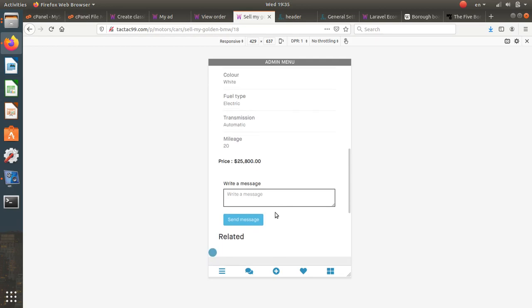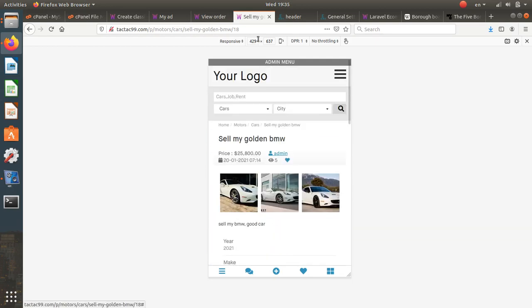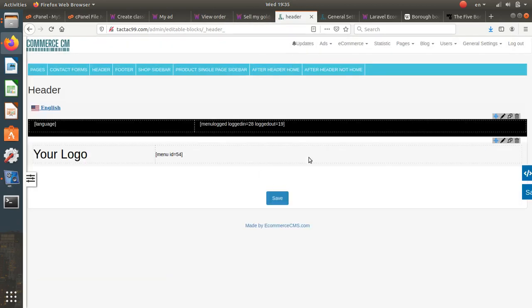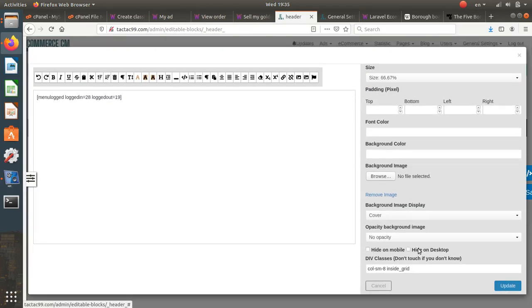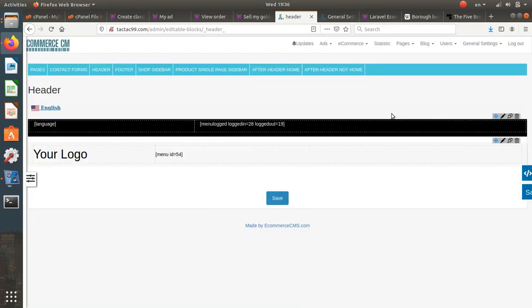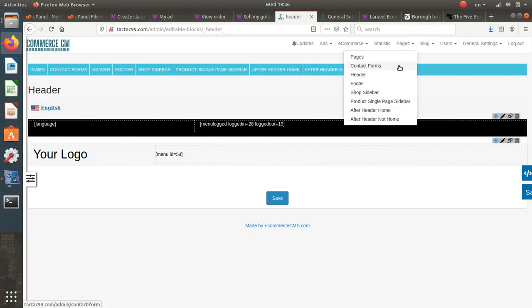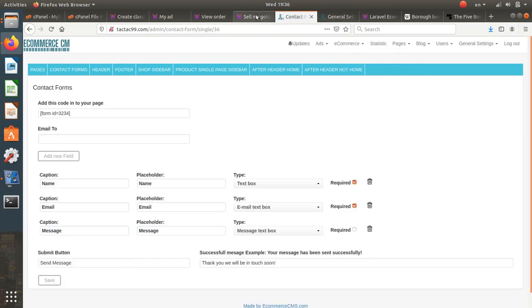So yeah, whatever. If you want to hide something, you just create hide on mobile and hide on desktop version, so you can play around with this one. What else? Yeah, we have the contact form. We get here the contact form. For example,